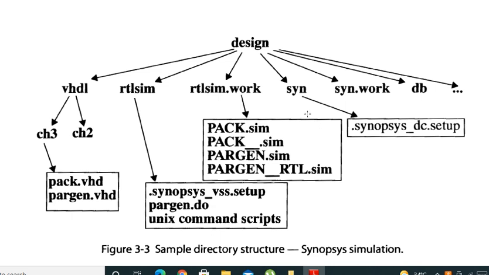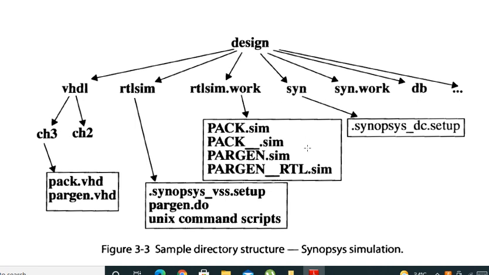These three are for synthesis. Here you have synthesis_setup for synthesis. Whatever you work on will be stored in synthesis.1, and the compiled file will be stored in the db. It is divided like that.